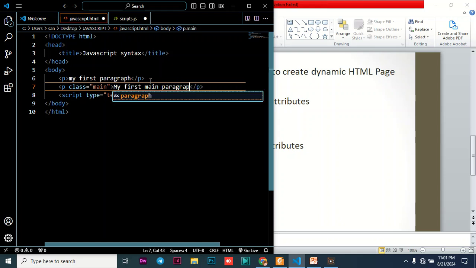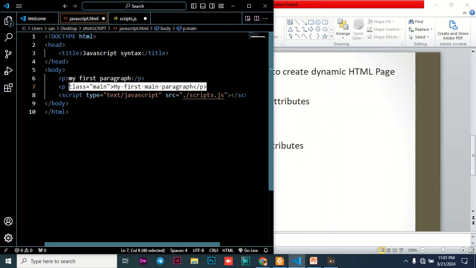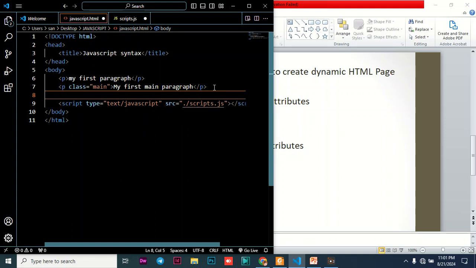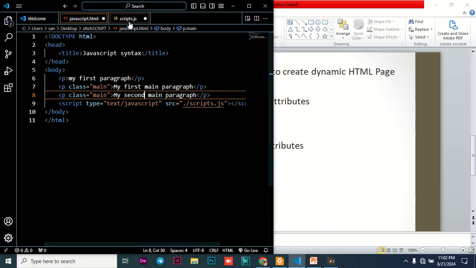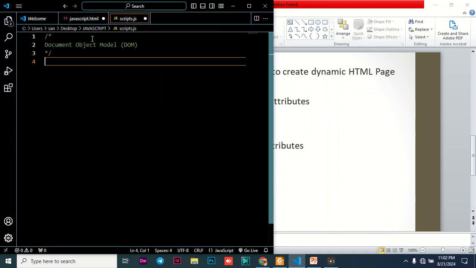Yeah, so I can do that. Then after doing that, I can copy this so that I can save time. Control C, and then I can paste it down here. Control V, and then I can change that this is my second main paragraph. So I have a bunch of paragraphs here, and therefore I want to find one of these particular paragraphs. Now if I go to my script.js, what I'm going to do in this case,